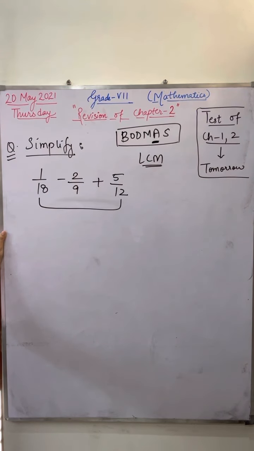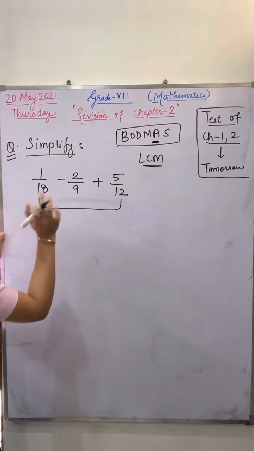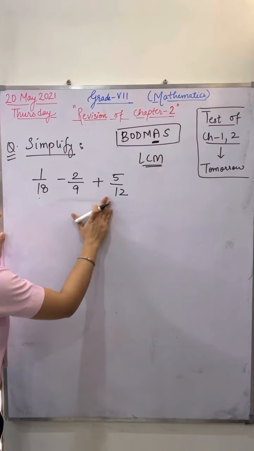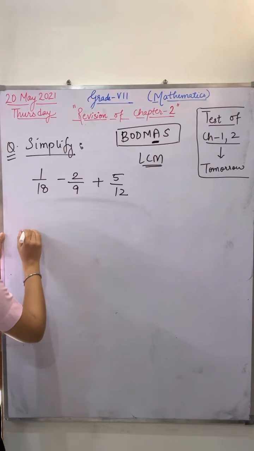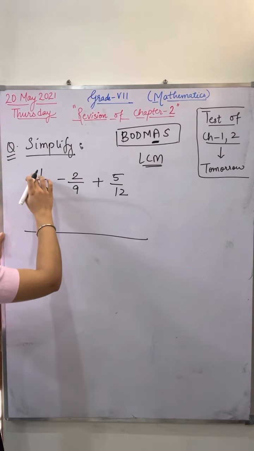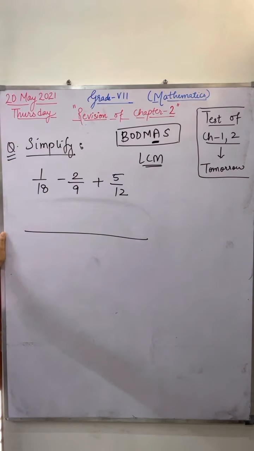One more thing I can tell you, whenever you are doing such kind of question, you can add these two fractions and then subtract, or you can do all together also. You can take the LCM of all together, and whatever sign they are having, just put the sign. Do it quickly. Gurnoor and Angel Goel.